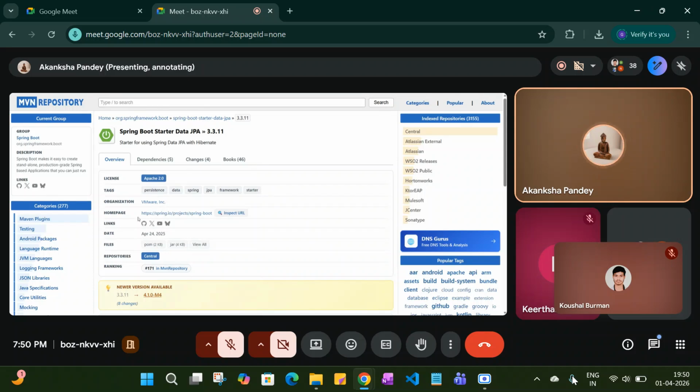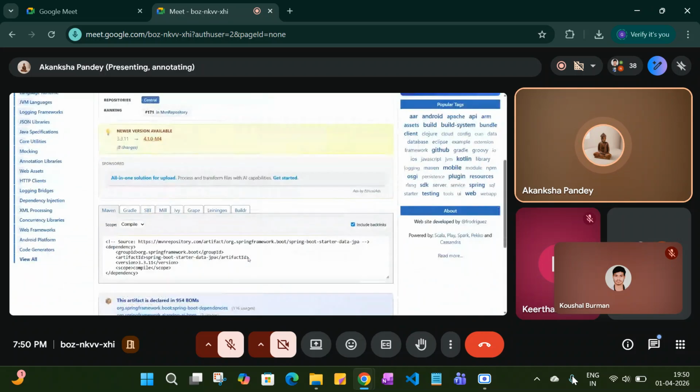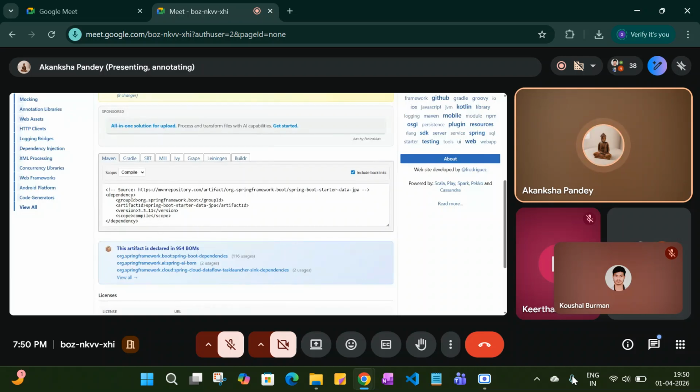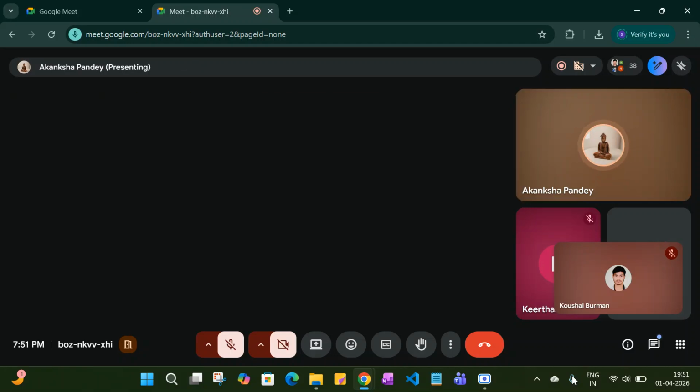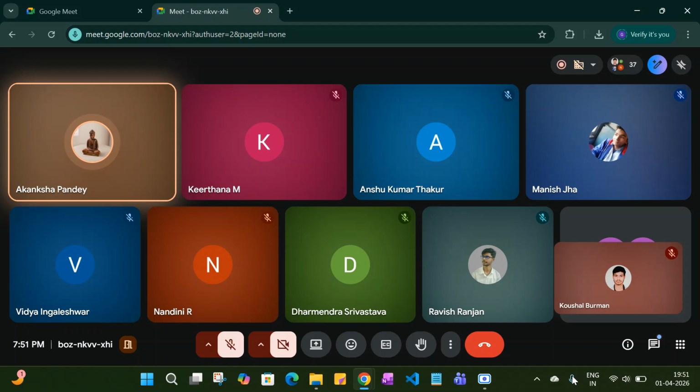version for it. For the Spring Boot version we are using, go accordingly. And here, Maven, Gradle, these build tools are given. We have to go for Maven, and that is selected by default. Just click on this box and it will copy the code. So from here, we need to copy this code, and then we have to move to the pom.xml page, and within that pom.xml page, we have to put this dependency code